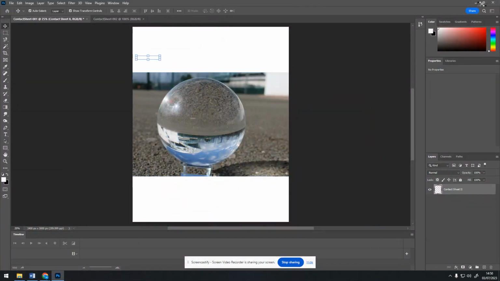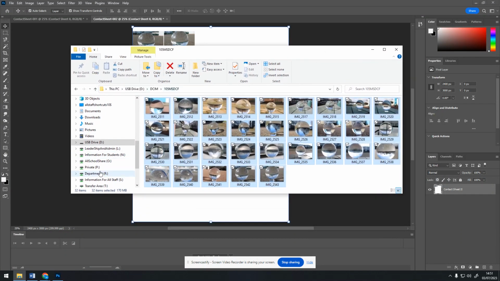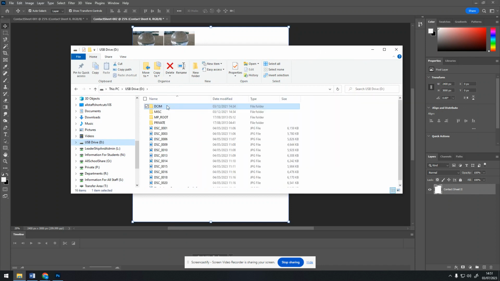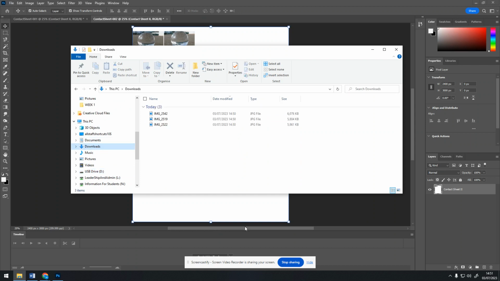That's still working there, so that gives me time now to sort out my folders. We're going to go back to our USB drive because I know that's still working there. So I'm going to go to my downloads, and can you see I've got those 3 photos there that I downloaded. I'm going to click on the first one